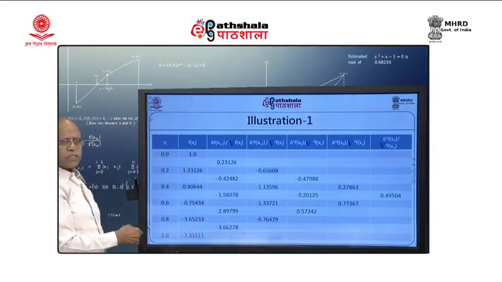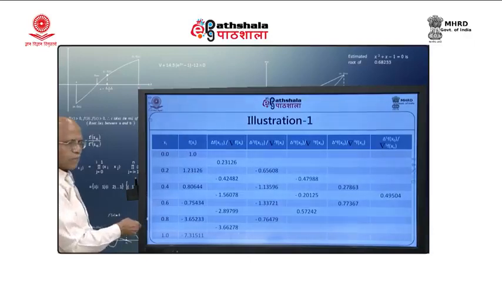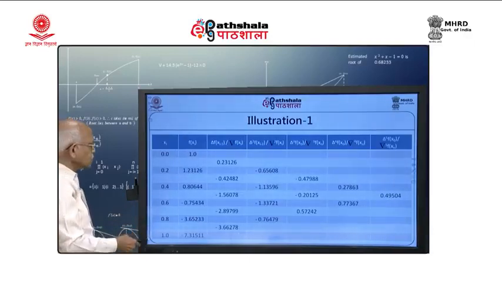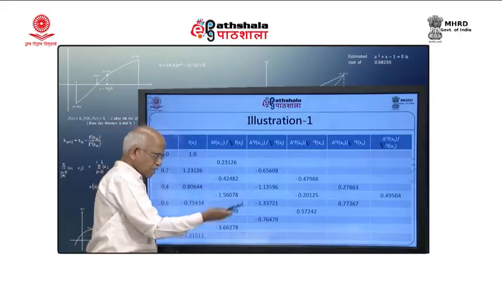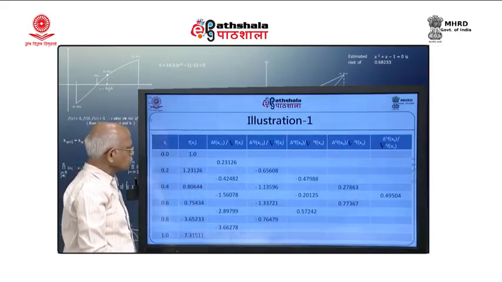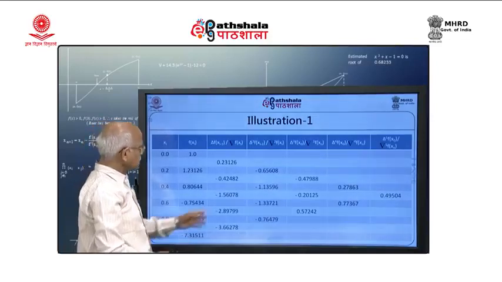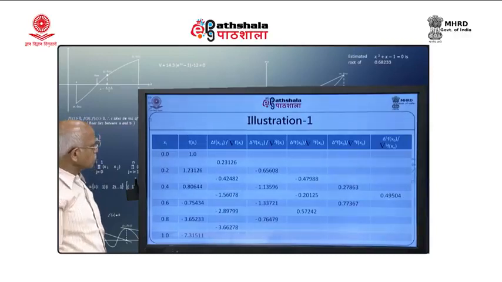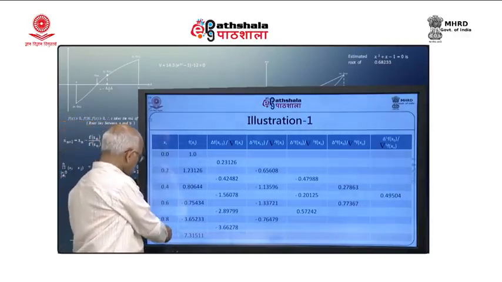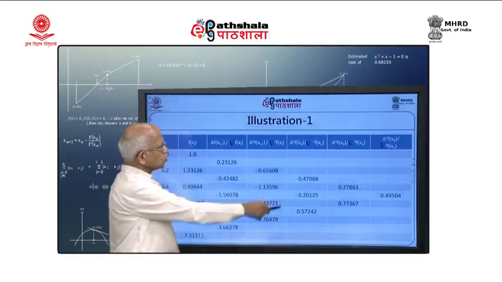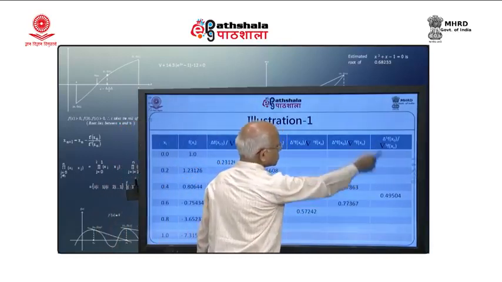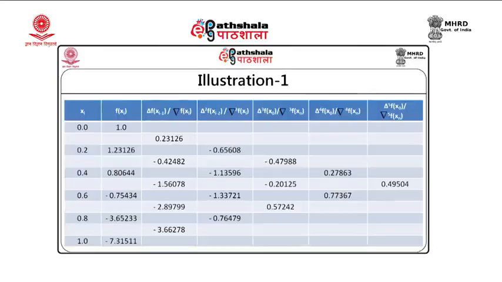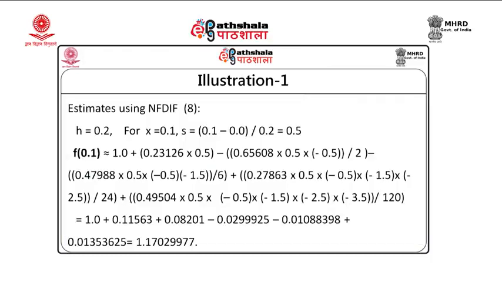So, it is relatively easier to compute forward and backward differences here, because in Newton's divided difference you have to divide these differences by the differences of the nodal values. But in this case you just have to take the differences, and that is how the table is constructed. You can see that if you have 6 nodes, we will get only one difference of order 5, either forward or backward, whichever we are considering.